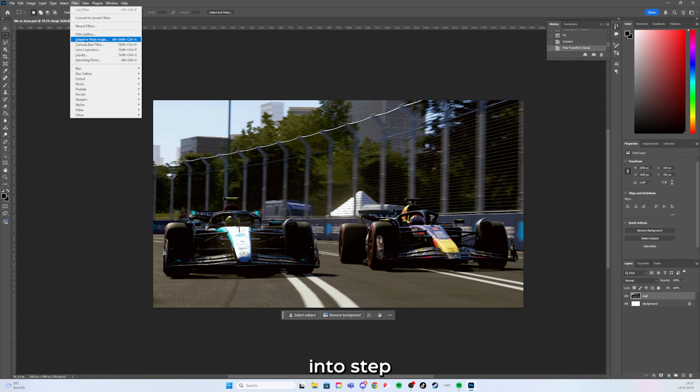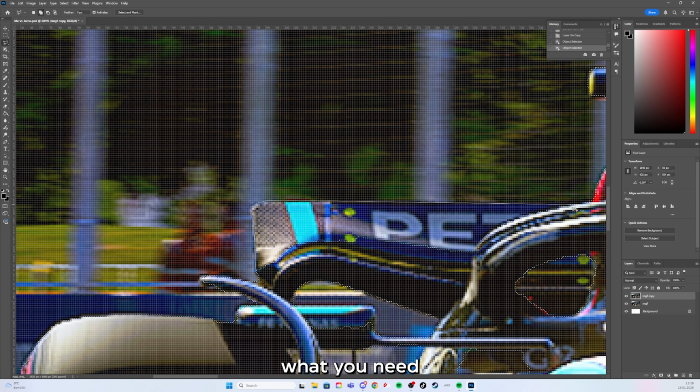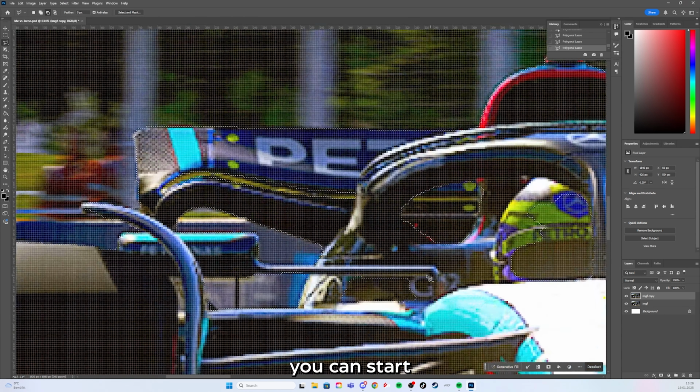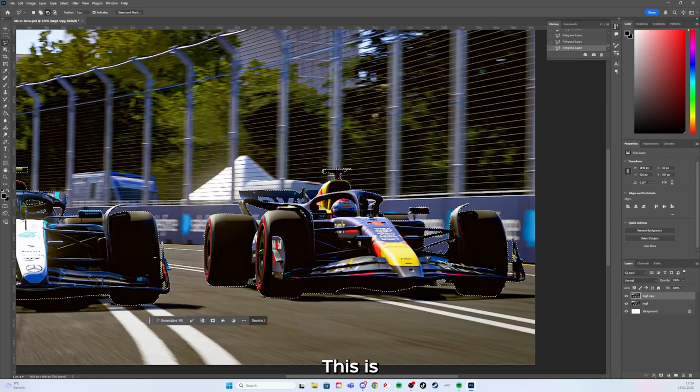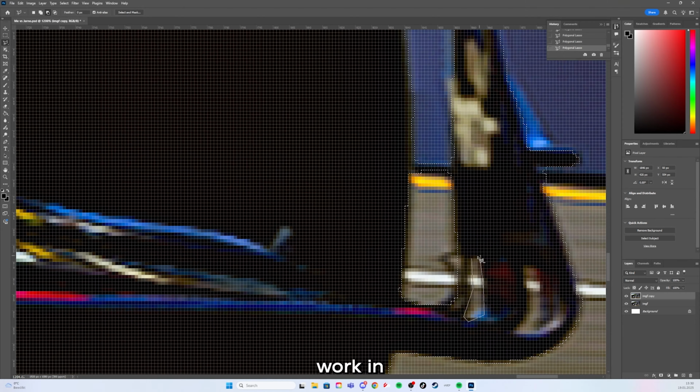Without further ado, we head into step 3, which is of course the designing process. Once you've outlined what you need and what you want to make, you can start designing. So as you can see, for me, I start masking out the two cars, the Mercedes and the Red Bull car. This is in the automotive industry, but this step-by-step process should work in every